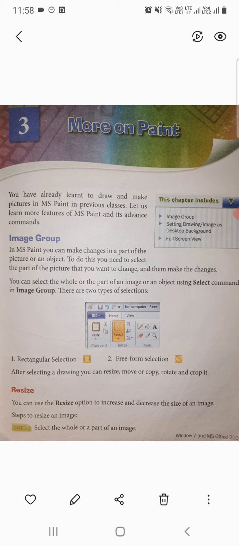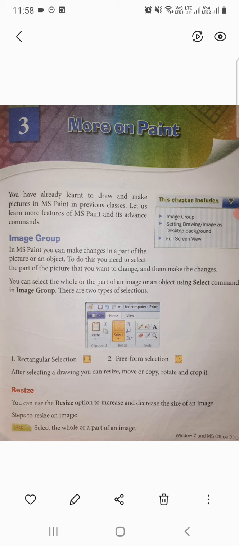So in the Image group, in the Home tab, we have selection options available. There is a Select button. Under that Select button you will find two kinds of selection options: rectangular selection and free-form selection. Next we have the resize option.